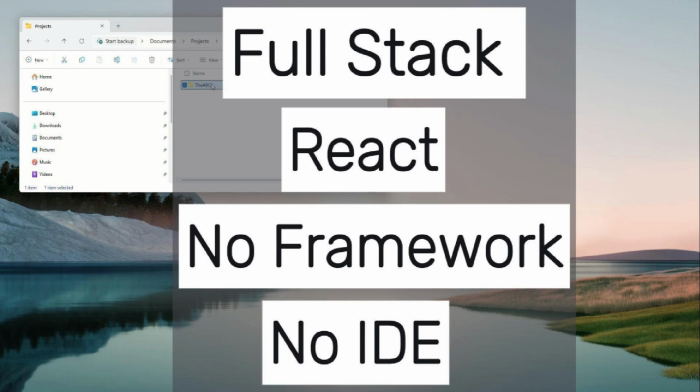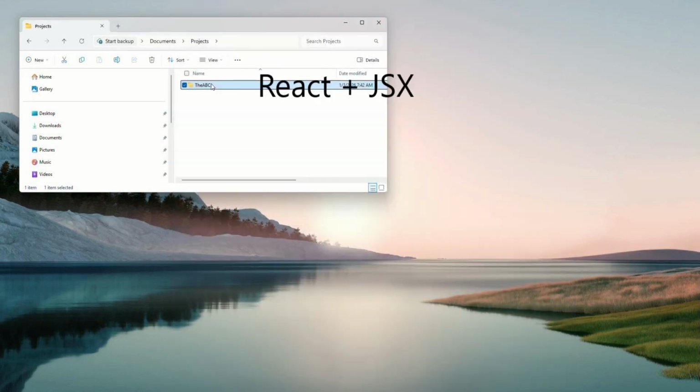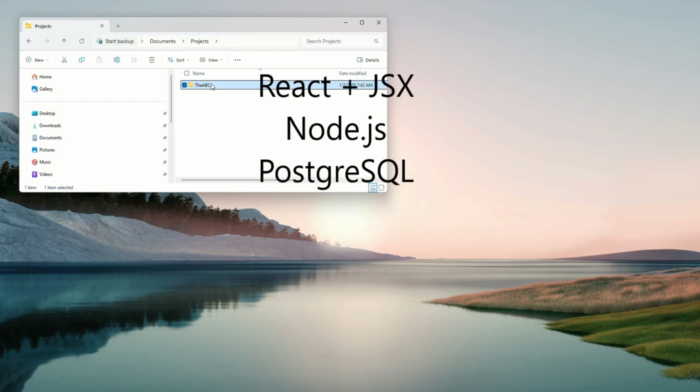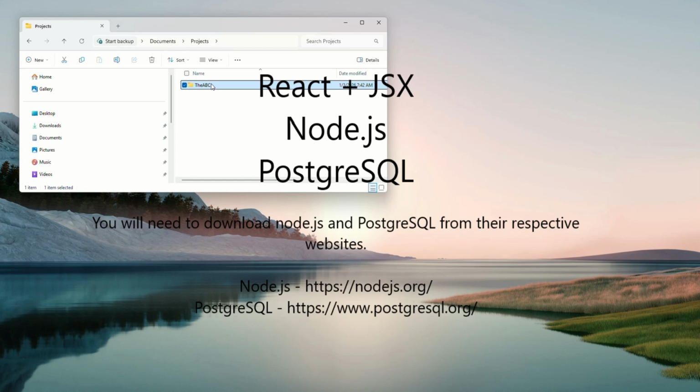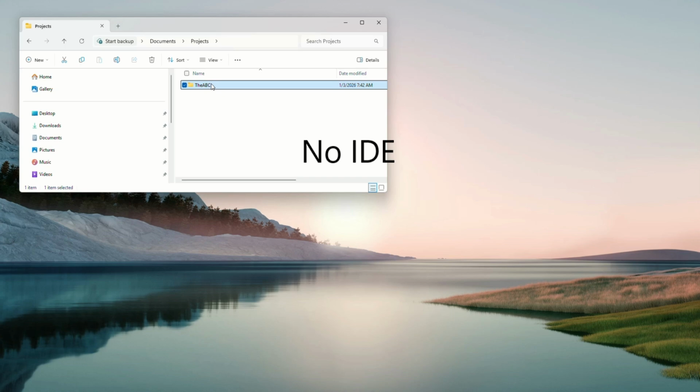In this video we will create a simple full-stack web application using React with JSX as the front end, a Node.js server as the back end, and a Postgres database. When I say this is a simple application, I mean we're going to use as few package installs as possible and no IDE like VS Code. This means no React framework, and we will use the operating system file explorer, Notepad++, and PowerShell terminal instead of